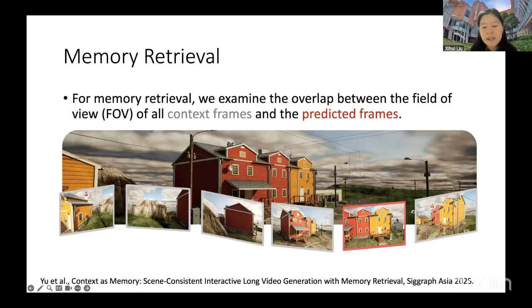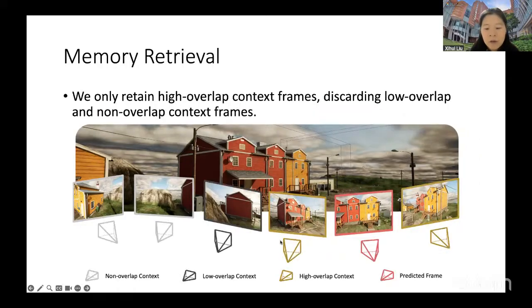Specifically, if we want to generate this pink frame, and we have many gray frames which were previously generated, then we can take the camera pose of all of these frames, and then we take the field of view overlap between the pink frame and all other frames.